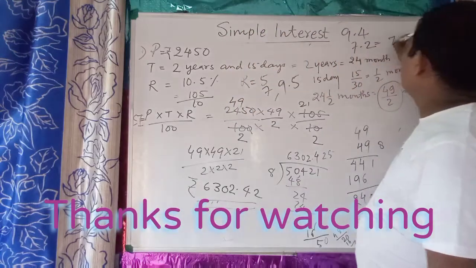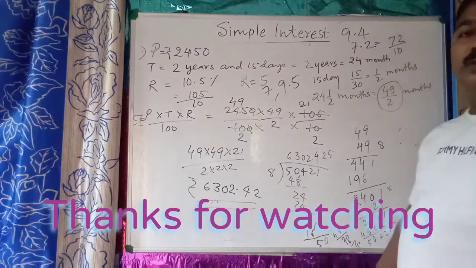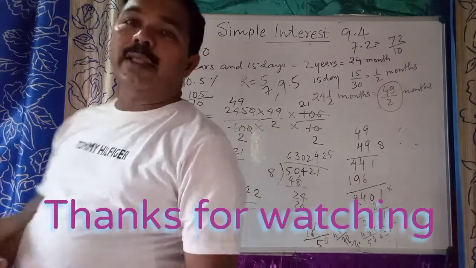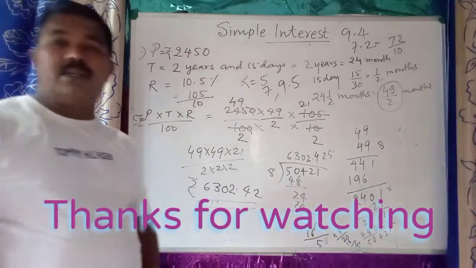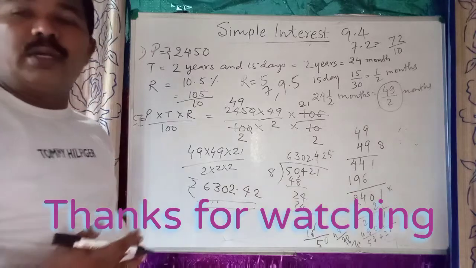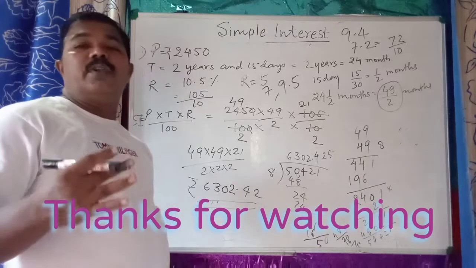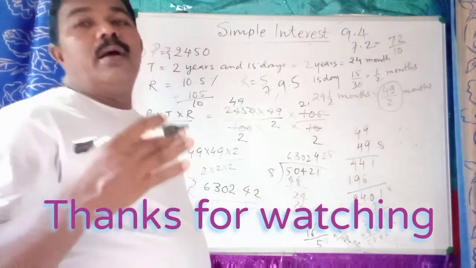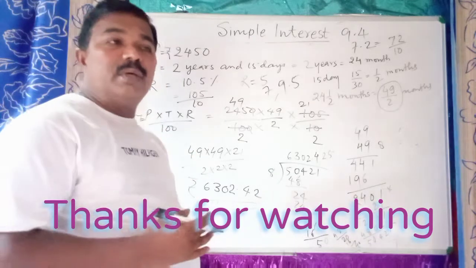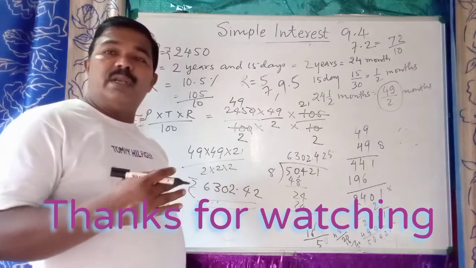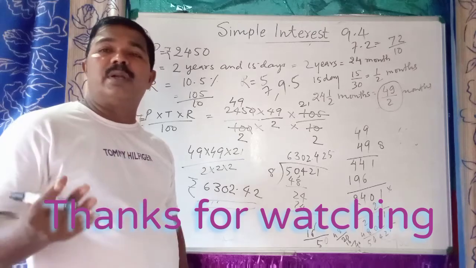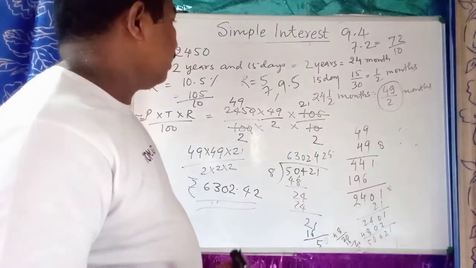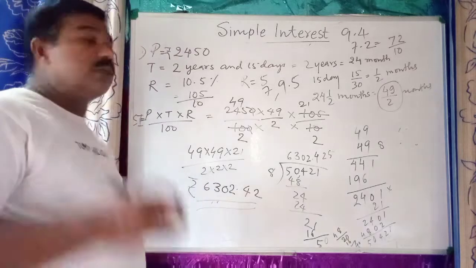You have to change it into a fraction number. You can change them into fraction numbers. I already taught you how to change a decimal number into a fraction number. If you have not seen that, you go to the class on fraction numbers. There is a video on YouTube from my channel, converting decimal numbers to fraction numbers. There is a particular class of that. You watch that video and you can easily understand what I have taught now.